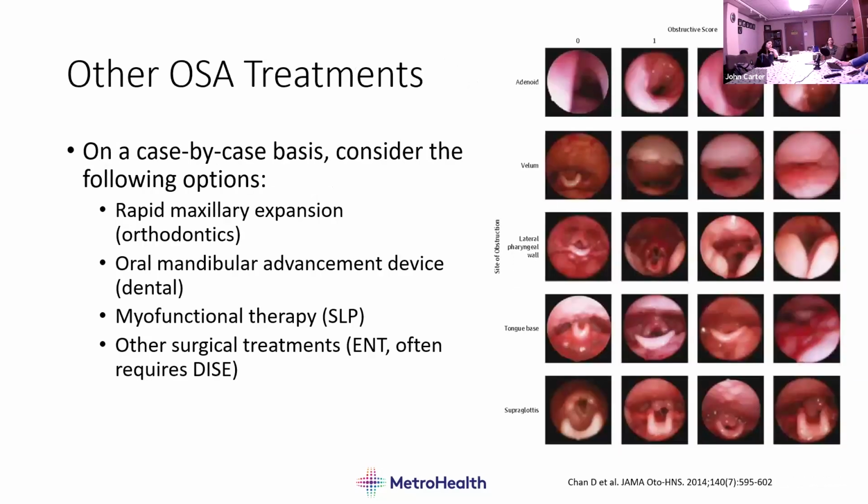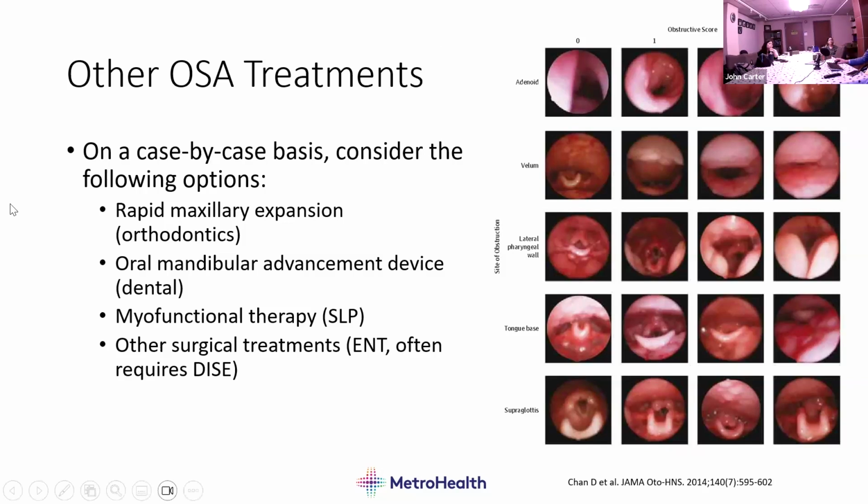Okay, I think, yeah, okay, last slide. There are other treatments out there for pediatric OSA. These are not in the standard care pathway, but they're things that you can consider on a case-by-case basis if the first, second, or third line of treatment is not achieving adequate results. The big issue with all of these things is access.